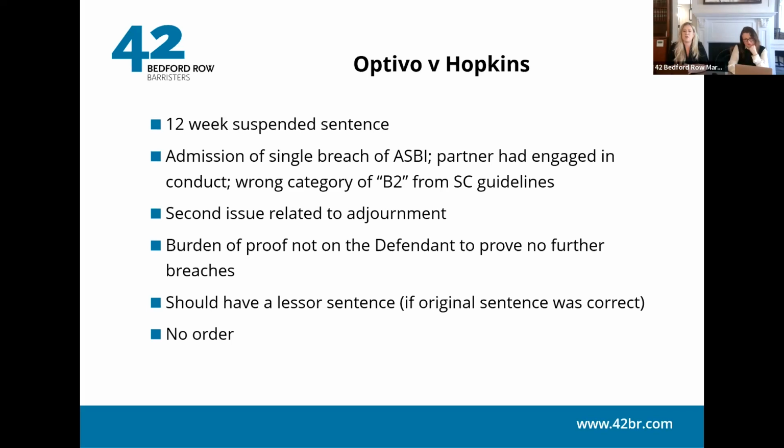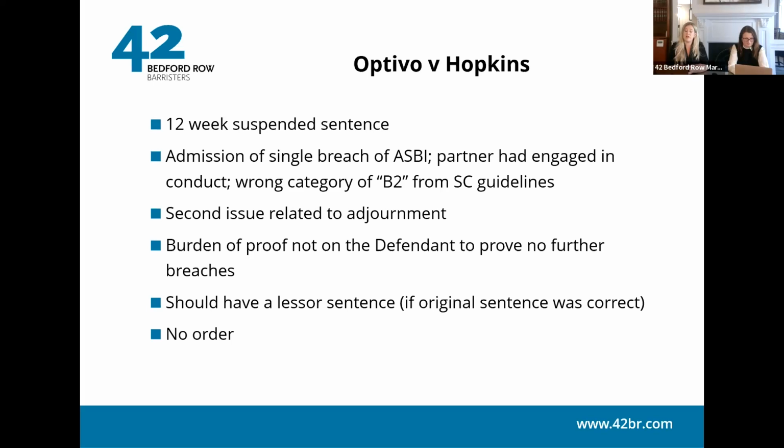Secondly, in terms of harm, it had quite a limited effect on others. Of course, it would have been distressing for the neighbours who witnessed it, and it did cause some harm, but it wasn't so serious to warrant that categorisation. So the Court of Appeal considered it should have been in a lower category on the basis of culpability and harm. The second issue related to adjournment. In this specific case, the judge adjourned for a period of 6 months to consider sentencing. Miss Hopkins was warned that if there wasn't any improvement in her behaviour, the likely sentence would be a 12-week suspended sentence, suspended for 12 months.